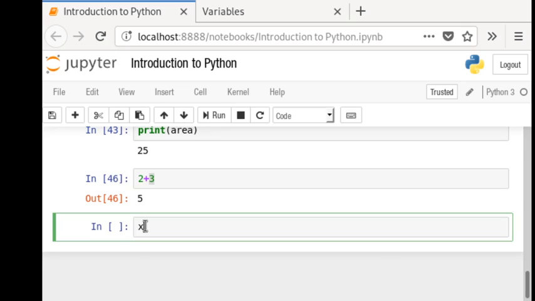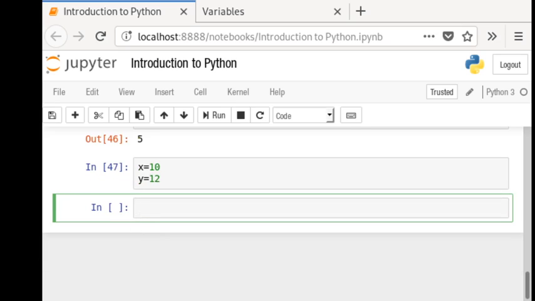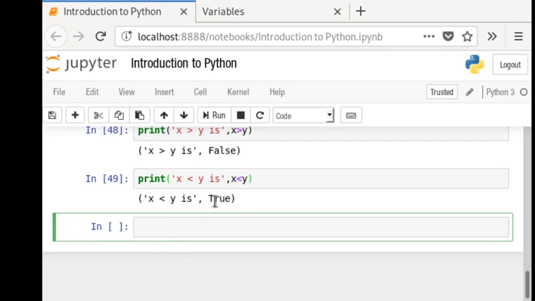So I am going to declare a variable x equal to 10 and y has a value of 12. Then if we check whether x is greater than or equal to y, it shows false, definitely, since 10 is not greater than 12. Similarly we can check the next condition, and this is true, that means x is less than y.